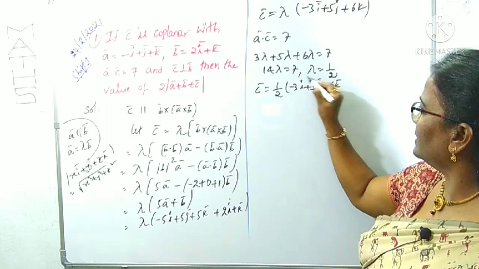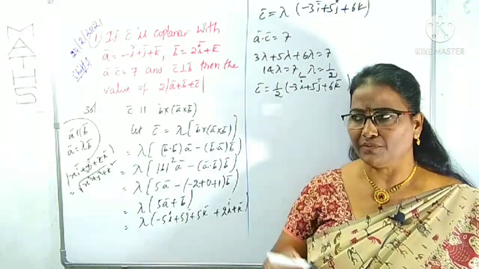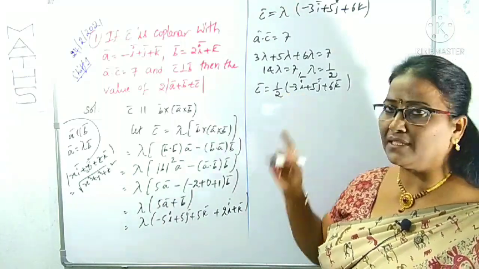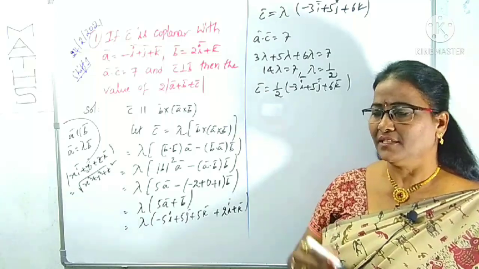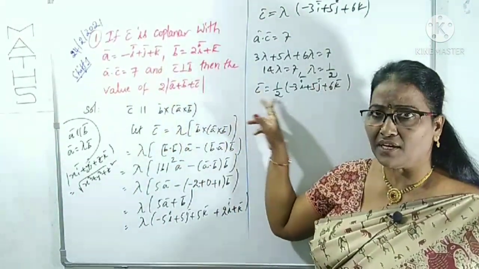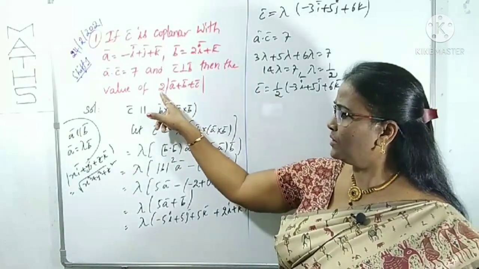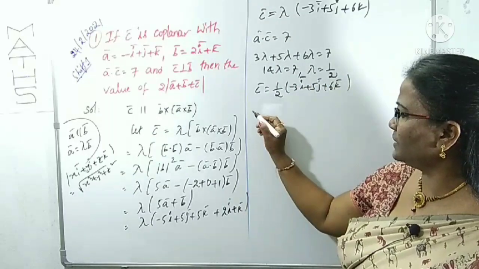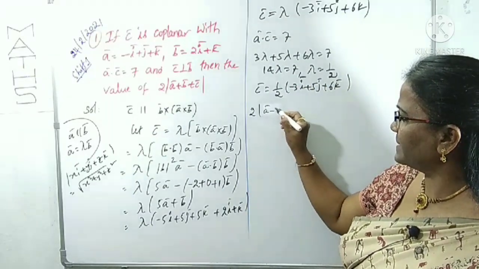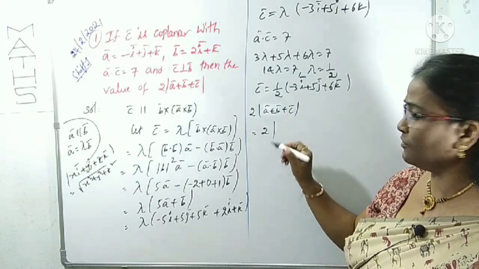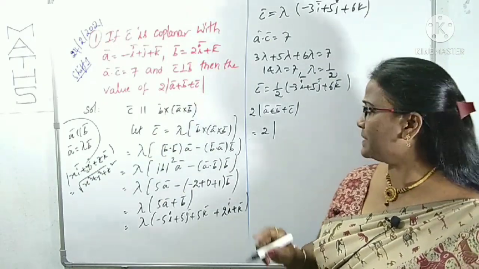Okay, I said to you we can write this in order triad also. From the next question onwards, I will modify the writing. Instead of ijk, I am writing order triads for time saving purposes. You know already a, b are given, c vector is also we got. What do we want now? 2 times the mod of a plus b plus c. Now to find that, what you have to do? That is 2 times of mod of the addition of a plus b plus c.